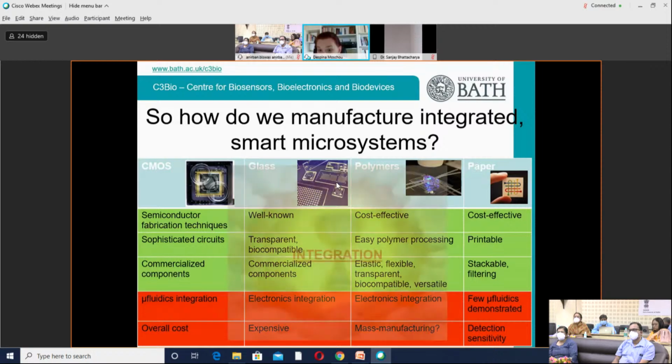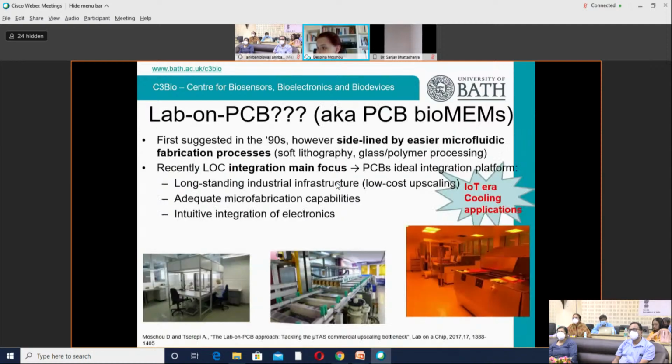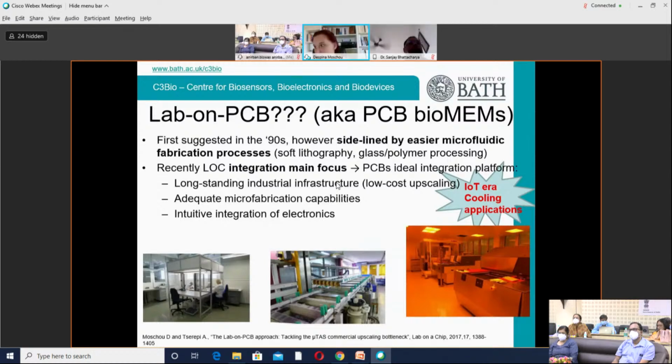And we believe that we have an answer for that. And the answer to that came to us through printed circuit boards. Why printed circuit boards? We believe that it is an ideal integration platform, first of all, because it is low cost. It's not as expensive as the rest of the techniques that I showed you in mass manufacturing, not in prototyping, everything's expensive. But when you want to go for mass manufacturing, PCBs are much lower cost than any of the other technologies